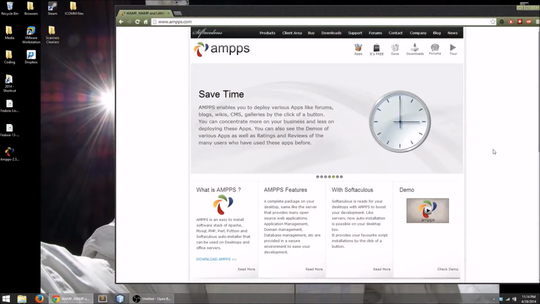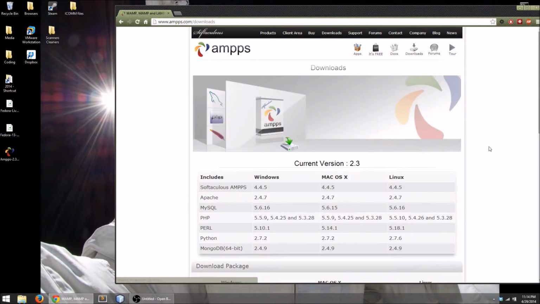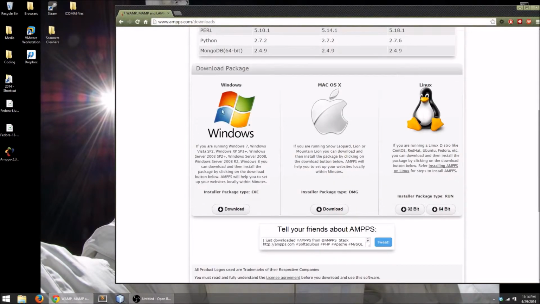And this tutorial is to help you install AMPS, a local development tool that will mimic Apache and MySQL and PHP. To download it, go to www.amps.com and then hit the downloads and then scroll down and install whichever one is the correct one for your operating system. And once you download that,